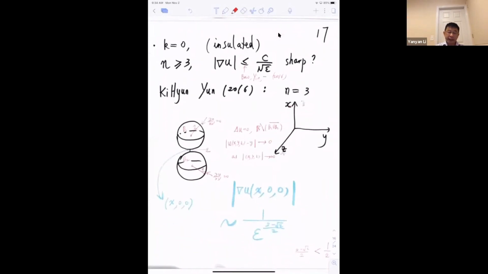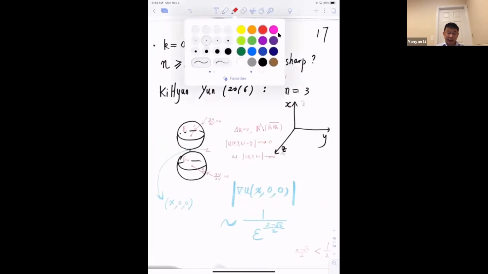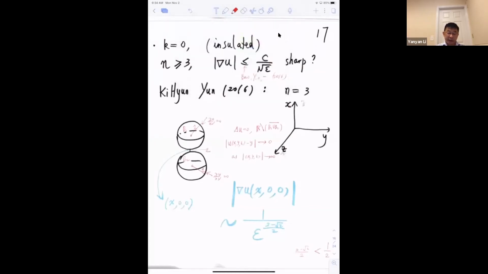So for k equal to 0, in the insulated case, for n greater or equal than 3, that is sharp. This is the wrong date, so this should be 0. So this has been known for a while. And in 2016, Yun